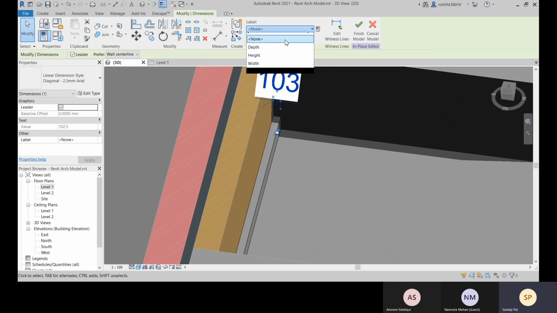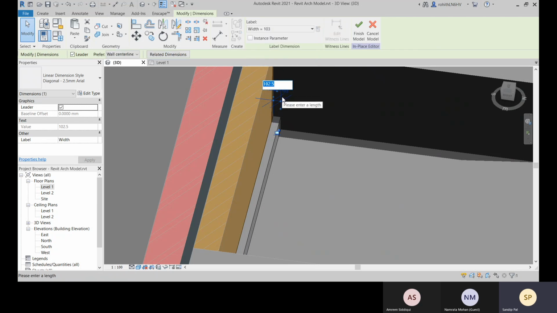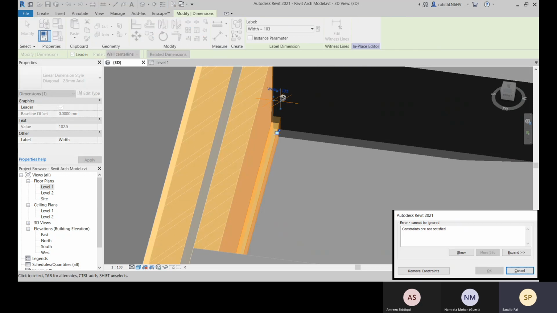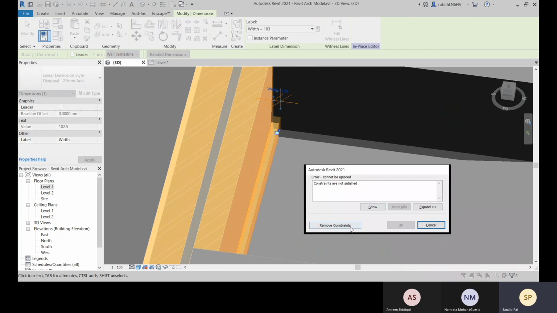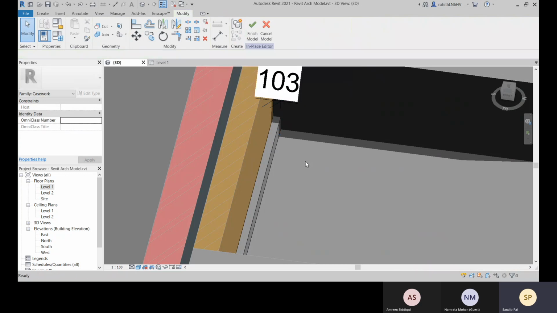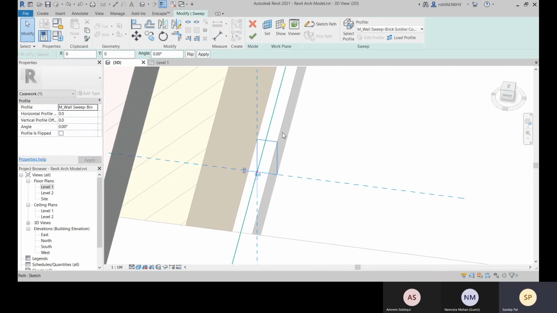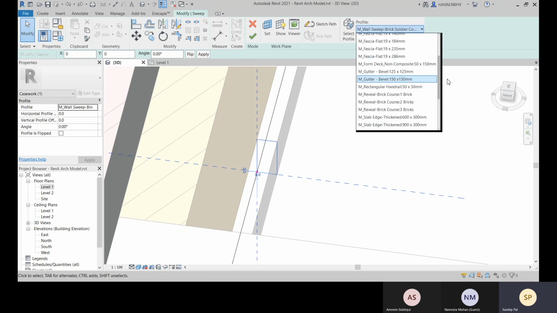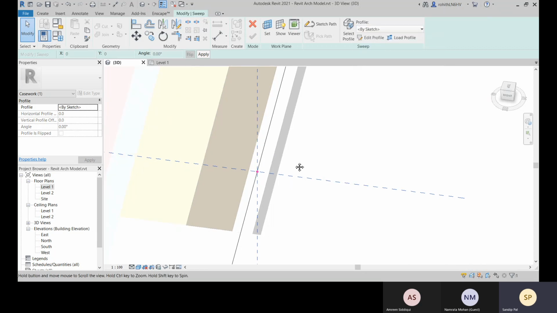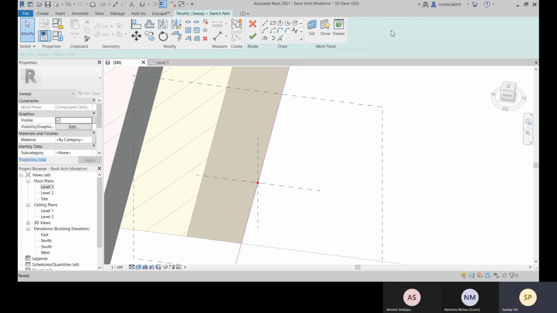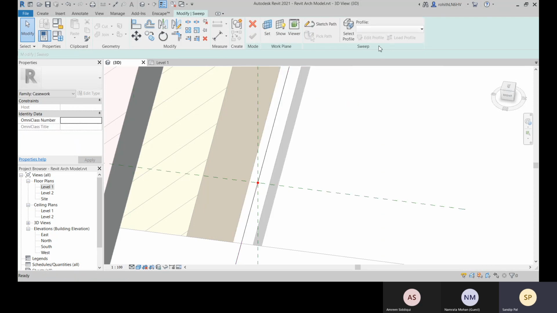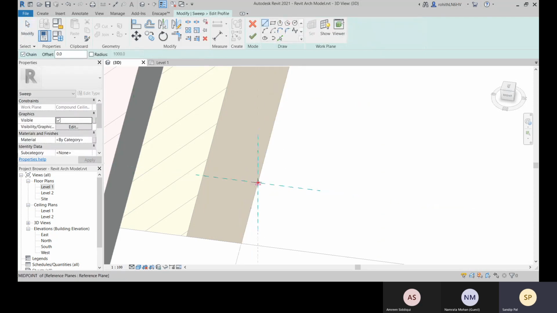Okay, and this is a label, and there if you change it, that's because we have to change it to this one. Let's go with this by sketch. Edit the profile.